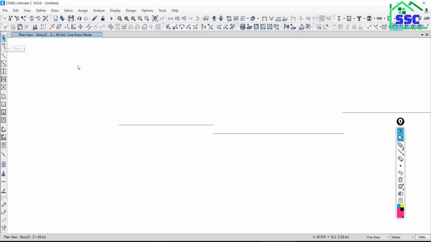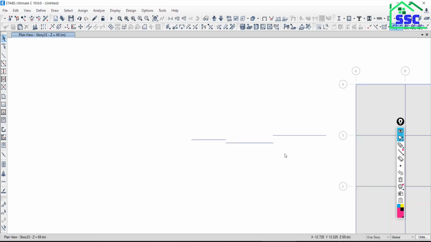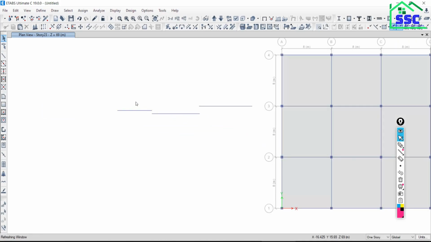Is it okay? Yeah, I have to keep all these beams in the same alignment, in the same line, like this. Is it okay? So how to do this? So that's very important. So just try to understand. I have to align this frame, I have to align this frame, I have to align this frame, and also have to align joints also. So select the frame and joints. Now it's done.